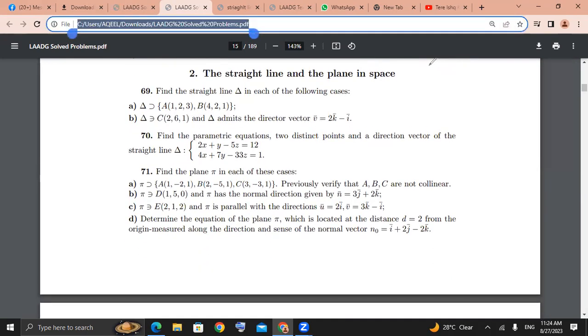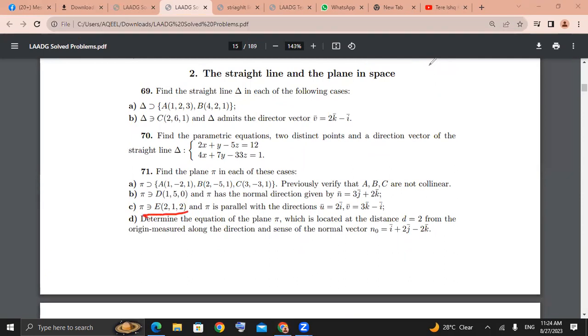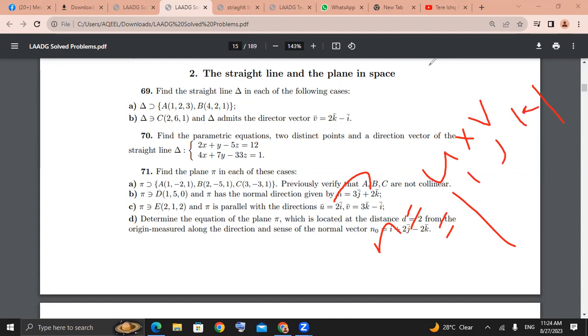In part C, he says that we have a point which is E(2, 1, 2), and he says that pi is parallel with the directions u and v. So we have to find n by this formula, u cross v. We find u cross v, which is i, j, and k. So i here is (2, 0, 0) and then minus (1, 0, 3). You solve this matrix: i,